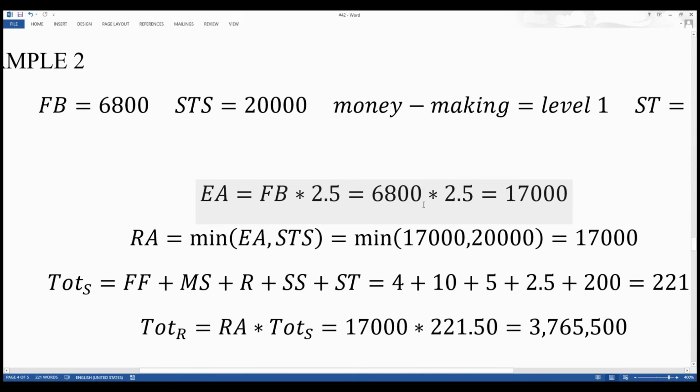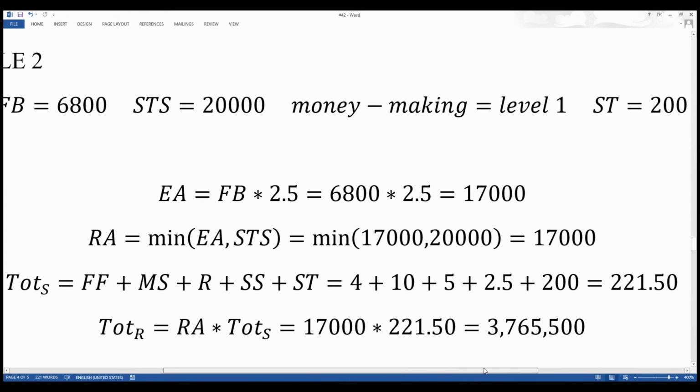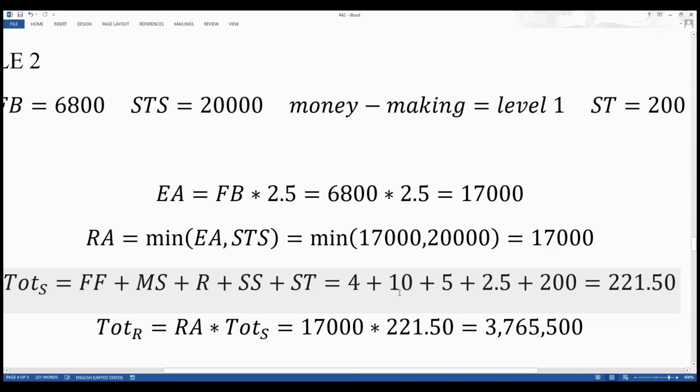The expected attendance will be the same as the fan base is the same. But now the real attendance will increase. See, because now the stadium can fit all the supporters. Then my real attendance is 17,000. And the total revenue per supporter will also increase because now I should consider the revenue from each facility at level 1. Okay? I check these numbers in the newbie guide and I put all of them here. This is the total we have. Then the total we generate per match is this times this, which gives us this